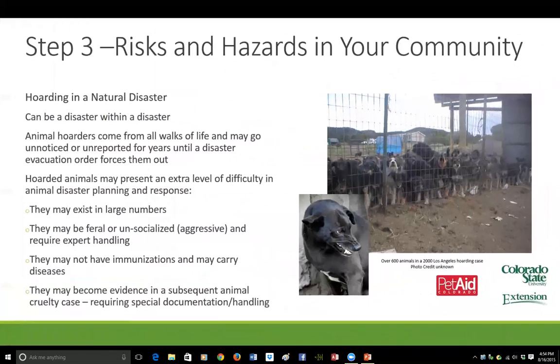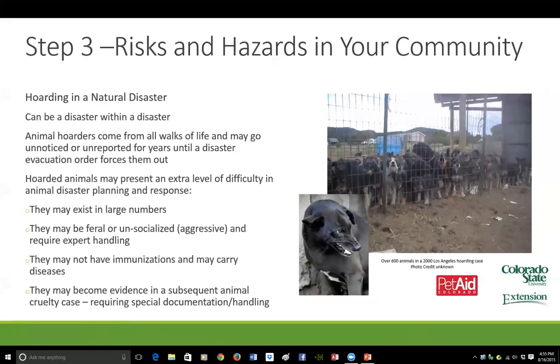Animal hoarders in your community often run below the radar. If they limit the public's view of their animals, and if no one has a reason to file a complaint against them, they can exist for years without coming to the surface. But the surest way of driving them out of cover is a natural disaster that forces them to evacuate with their animals. Consider that in 2010, the animal response team in Memphis, Tennessee, suddenly found themselves asked to evacuate 70